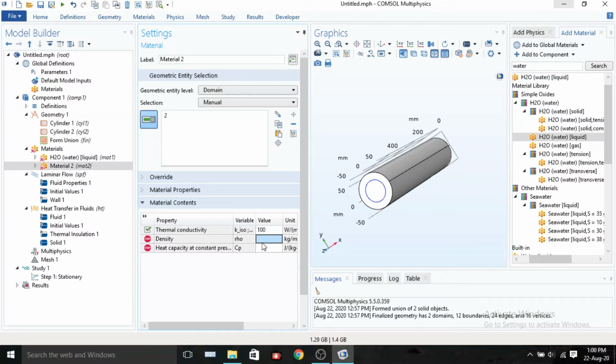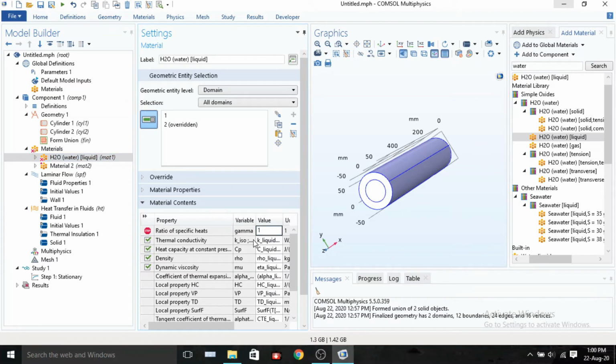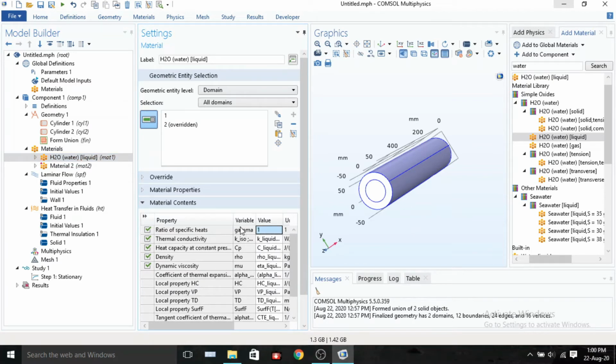Rho I would be using as 8000 and Cp as 400. These are all random values. Now, since specific heat ratio is not that much required, we can put 1 over here, the ratio of specific heats, that is gamma.